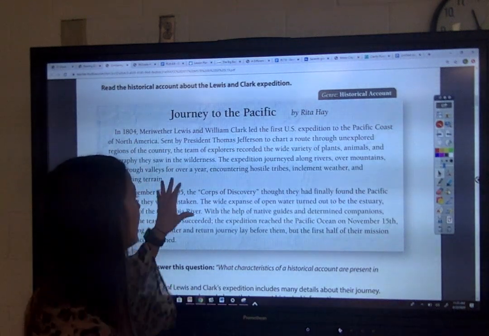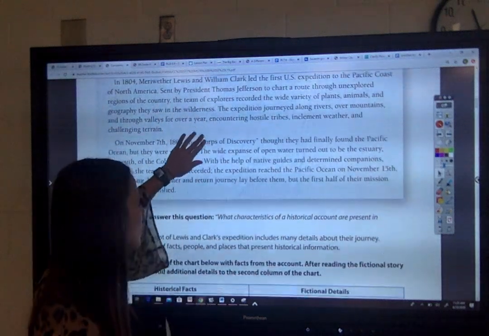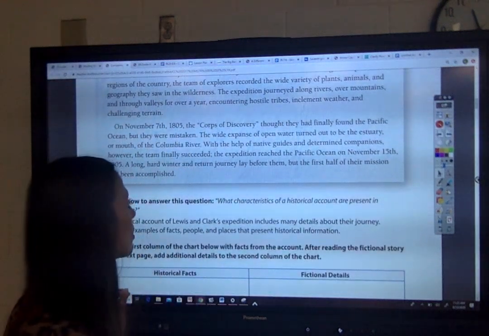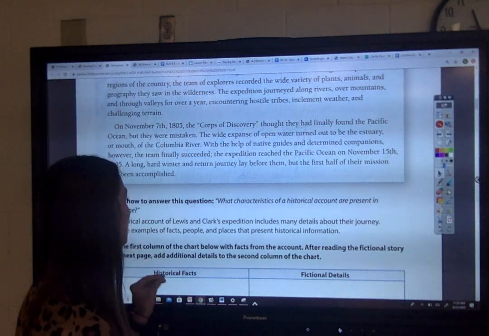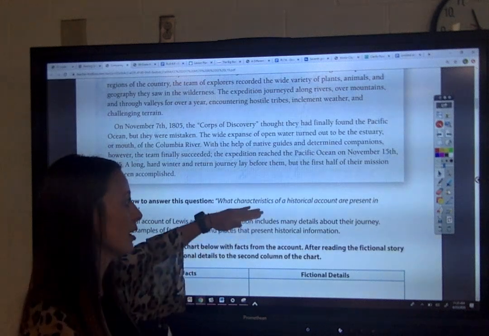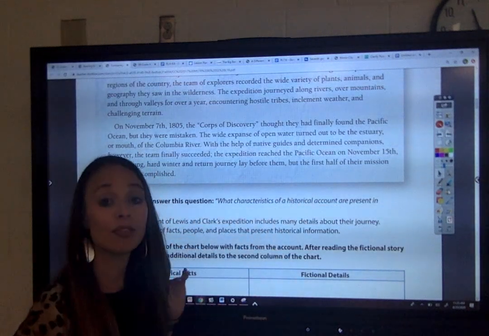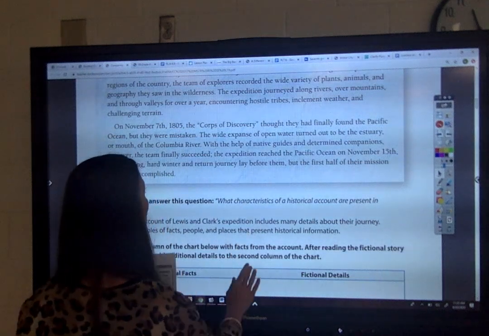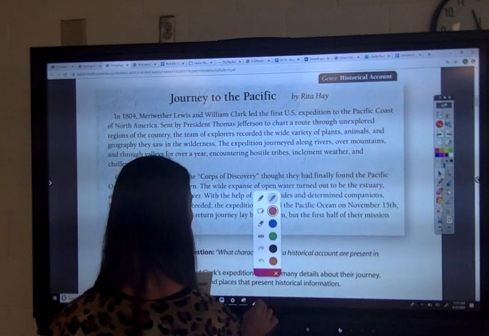So let's remember, this is the historical account. This is the facts here. So let's look at the question. What characteristics of a historical account are present in this passage? So you're looking for characteristics that make it historical. So pretty much we're looking for the facts here. So let's go back and look, and let's underline the things that we know are the facts,